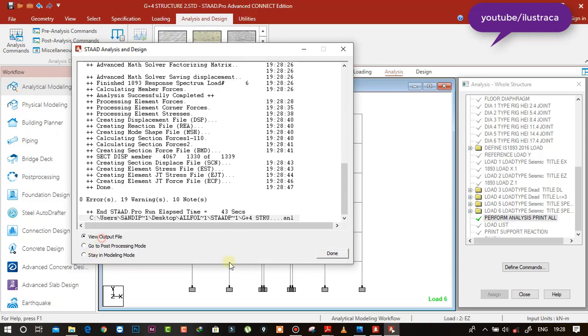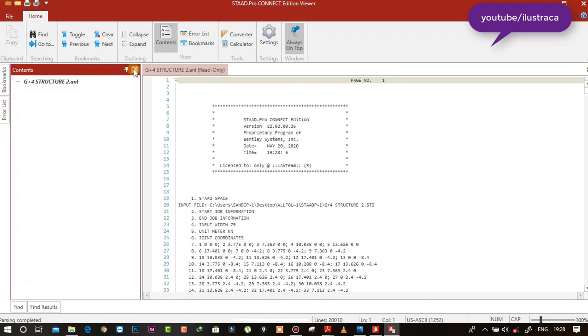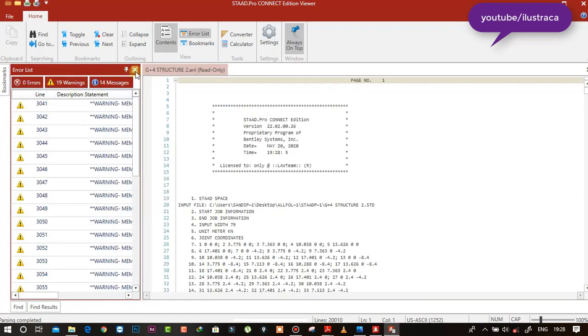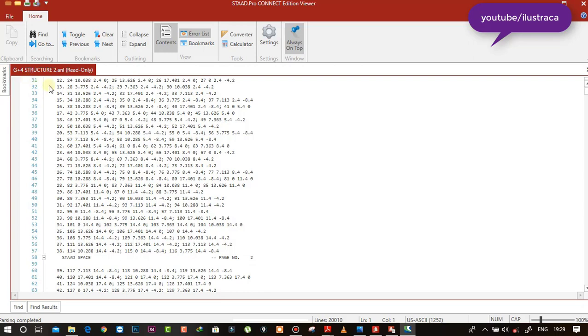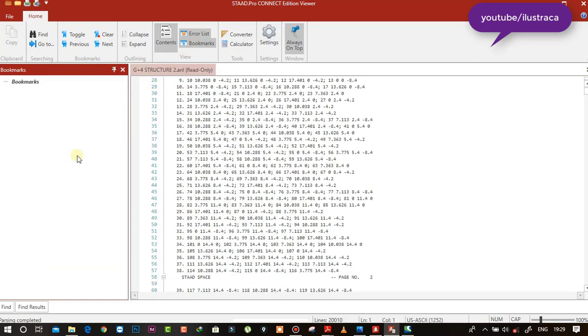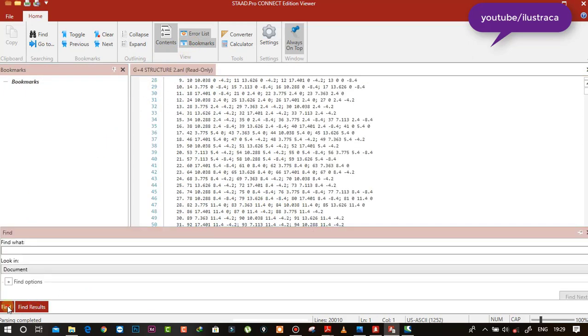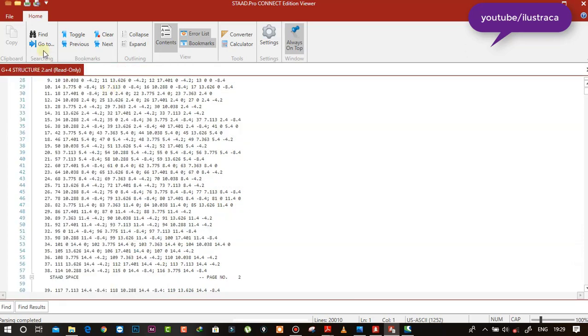So if you go to the view output file, I'm going to show something else. Look at these bookmarks.